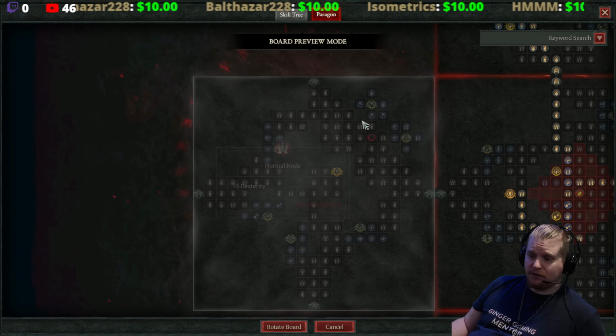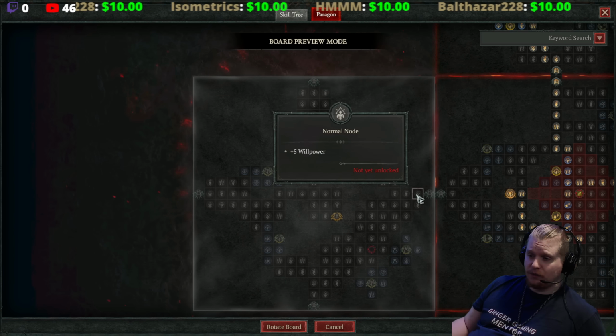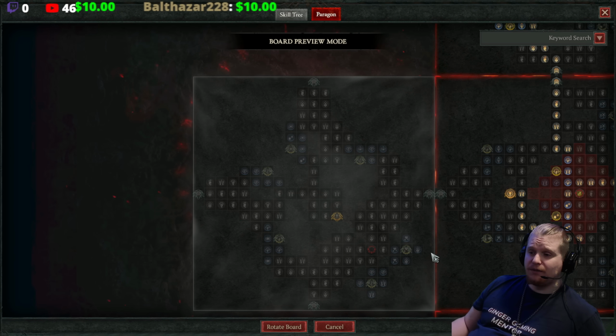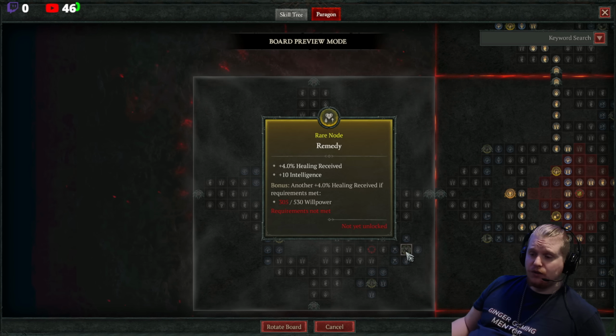But maybe that's not the closest. So that was 10 to the glyph socket there. So let's rotate it again. So 1, 2, 3, 4, 5, 6, 7, 8, 9. So again, 10 to the glyph socket. So as you can see, rotating the board can have various effects on, number one, which nodes that you have